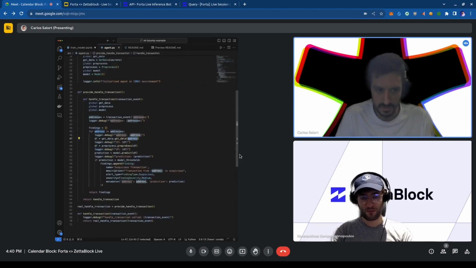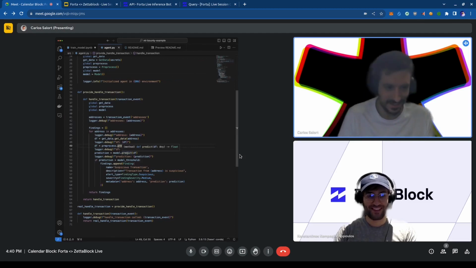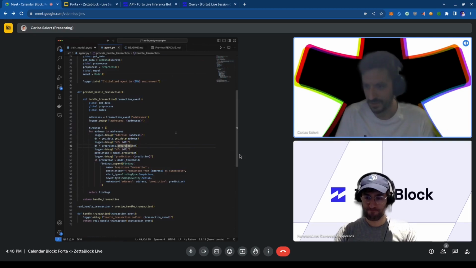Then we pre-process with whatever we need to do, and we do some prediction. Like, okay, is this address a scammer? Yes, no. Overly simplified, right? Obviously, behind this predict and the pre-process, there is a lot of code and a lot of things that need to be done. But the process is like that. We get information from the transaction that we need. We get the historical context from ZettaBlock. We process all the data, and then we run the predictions. And after that, we have